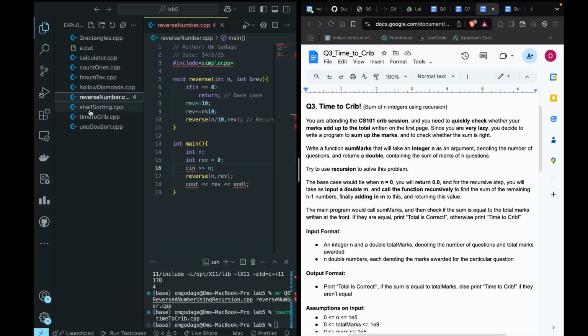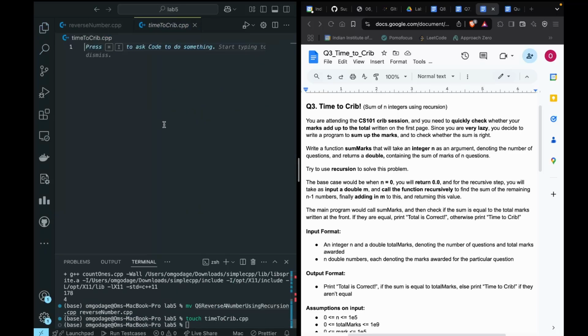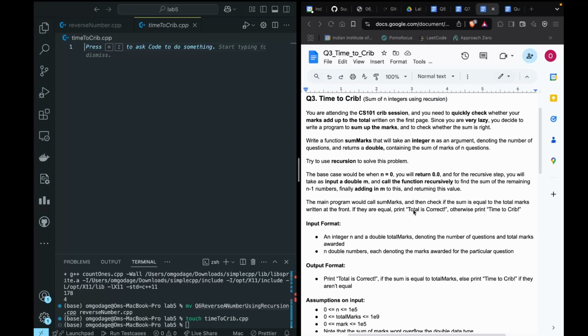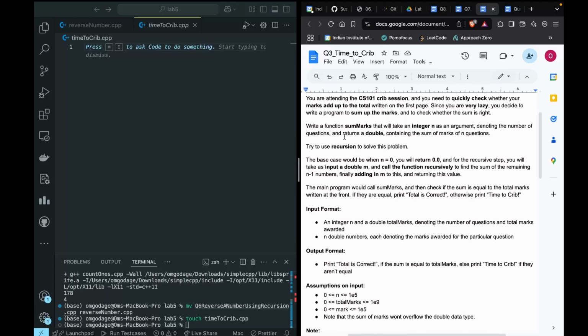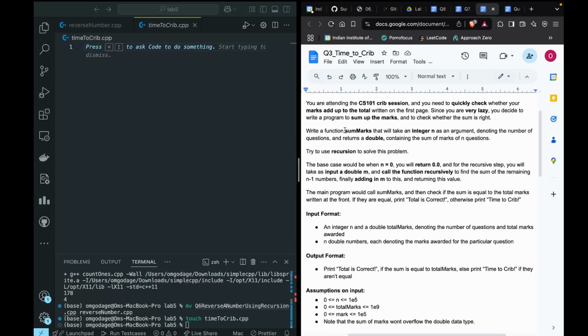Time to crib. Okay, you are attending the CS101 crib session and you need to check whether your total is right or not. So you will be given, okay, you have to write a function sum marks. So you start off